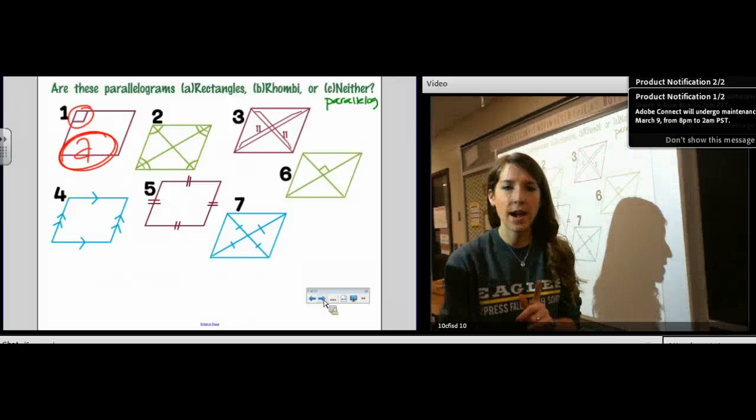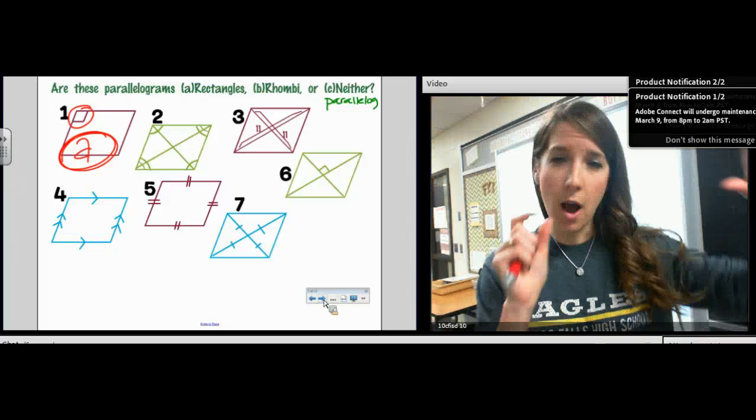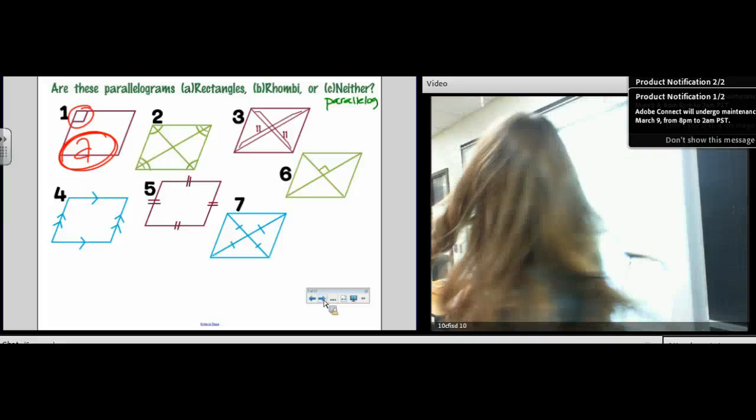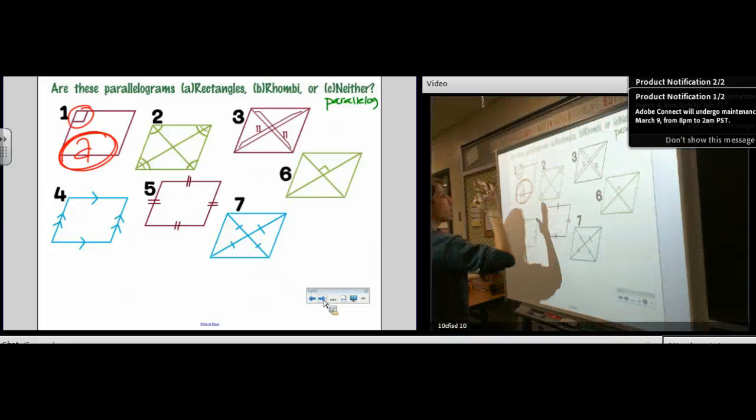If it has 1 right angle, they all have to be right angles because opposite angles are congruent and consecutive angles are supplementary. Number 2, you're a parallelogram and the diagonals are bisecting the angles. So that means it is